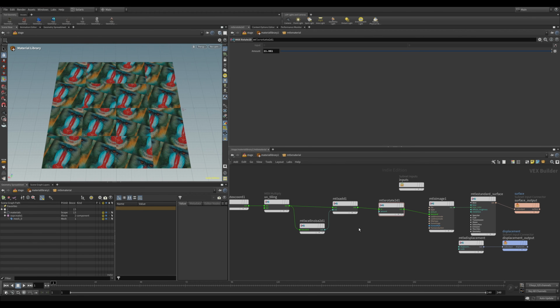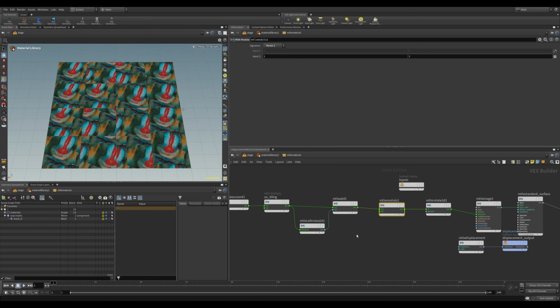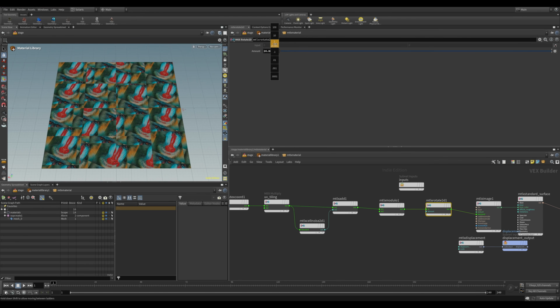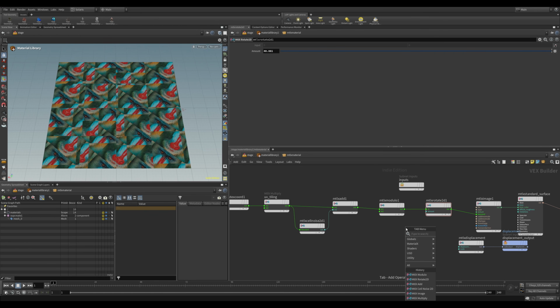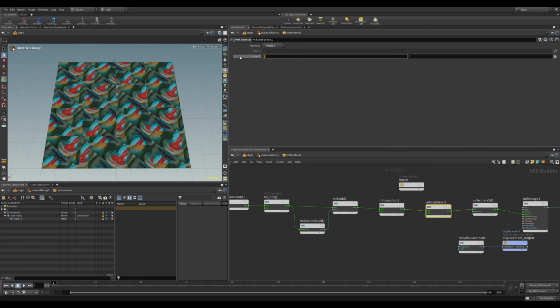And to achieve that, we need to put in a couple of nodes here. So we would need the modulo node, add that in between the rotate and the add node. So this way we have a separate pivot for every tile, but it's still not in the center. And that's because it's at the corner of every tile and it needs to be offset to the middle. To do that, we need to use the subtract node, and we'll subtract a value of 0.5 from both the U and the V.